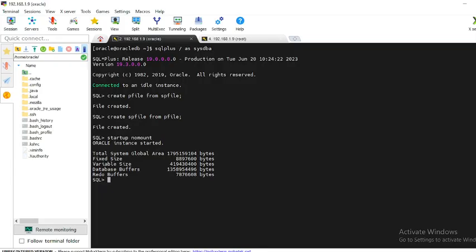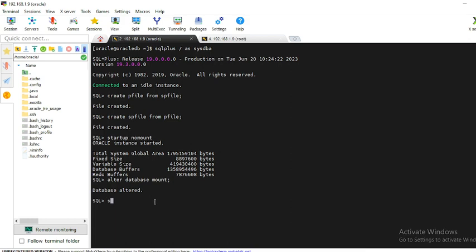So this is the nomount stage, and suppose we have recovered the control file, or there is no problem in the control file, so we can go to the mount stage. alter database mount. So your database will be mounted, database altered.